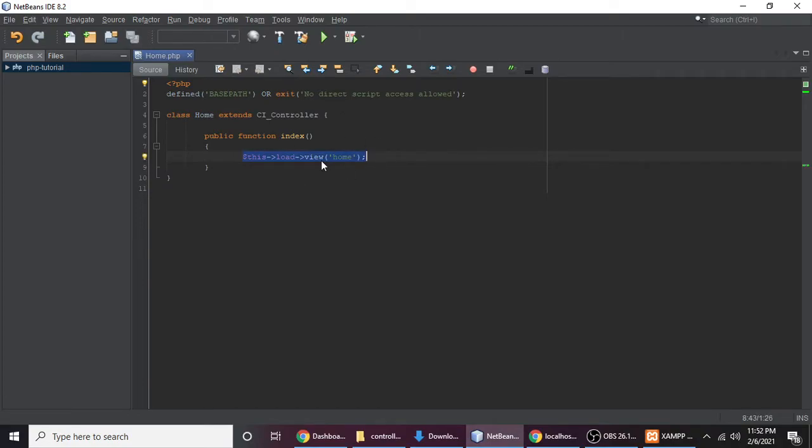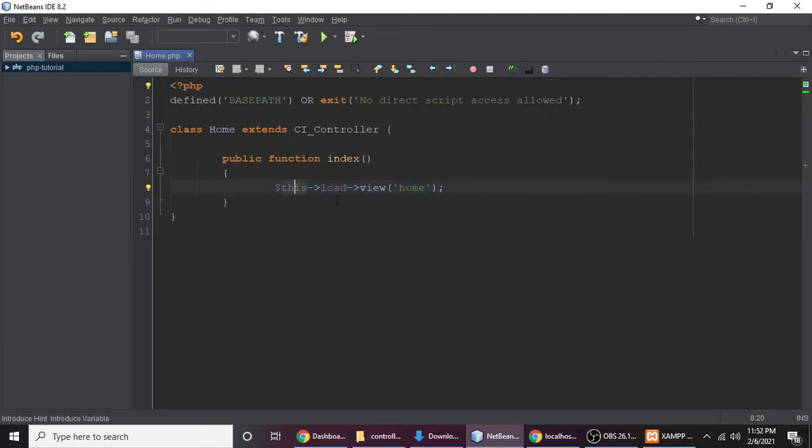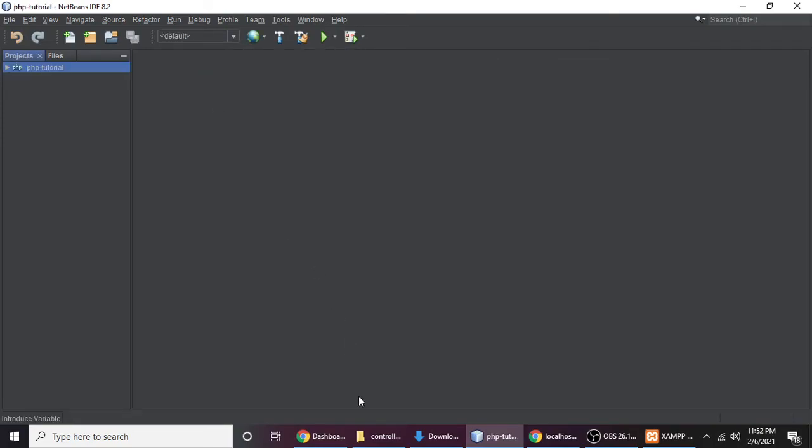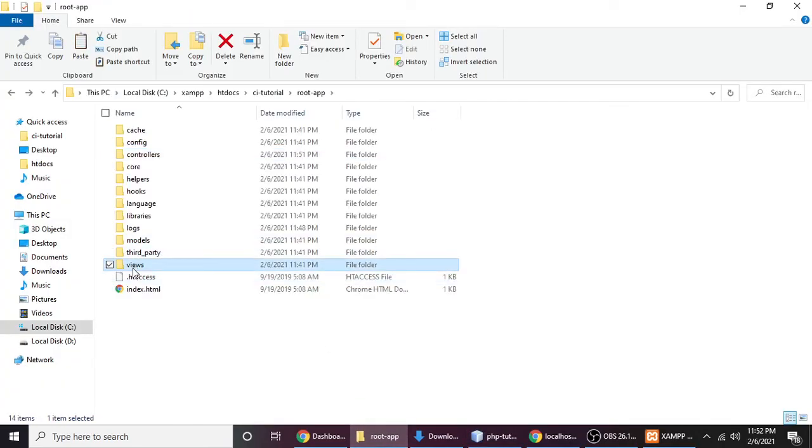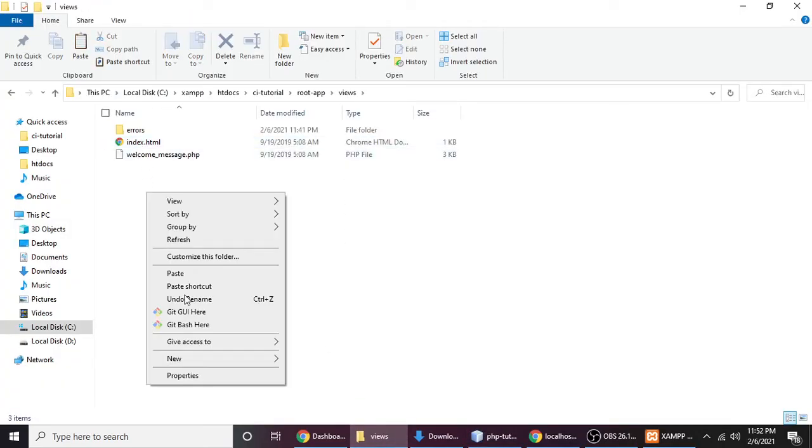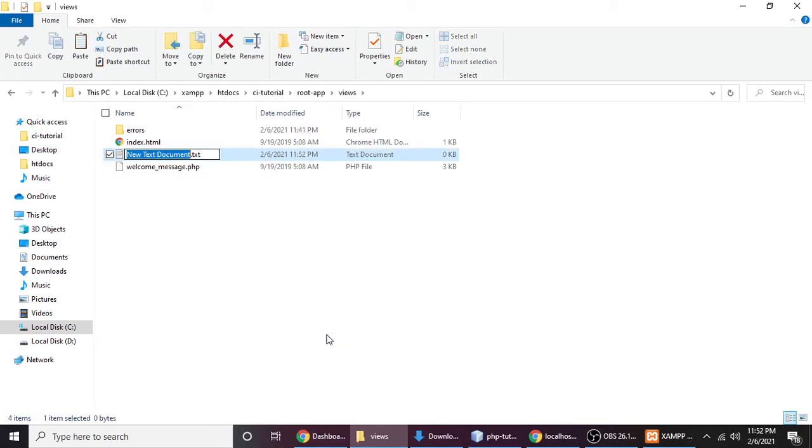I'll teach you each and everything. This is just for the setting up of your CodeIgniter. This is the first tutorial. I already have many tutorials on CodeIgniter, but this is just some more extra things with that. So you simply configure your CodeIgniter for multi-site. Okay, so the home view we need to make. So go to here and views, and you can create your home view, home.php,